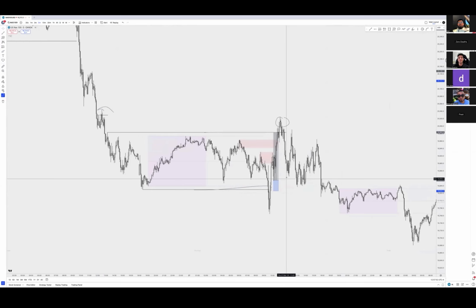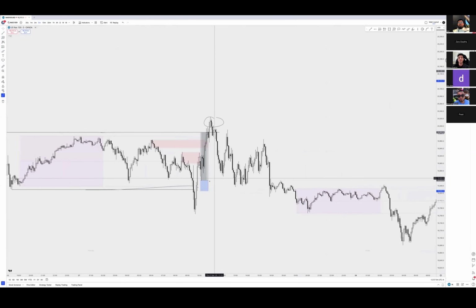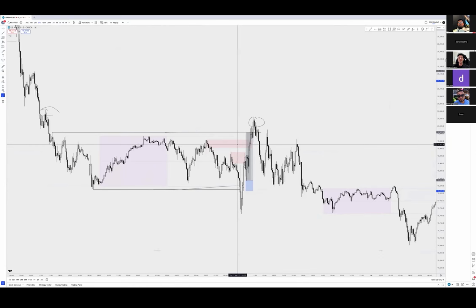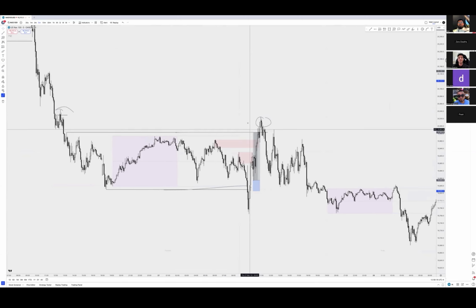But yeah, the longs over here, I already explained it. It was really nice. And as soon as that happened and it hit TP, I was good to just head off. I don't like to look for too many moves in a day. I'll catch one move and just call it a day. It's good enough for me. And yeah, pretty much that's what happens.